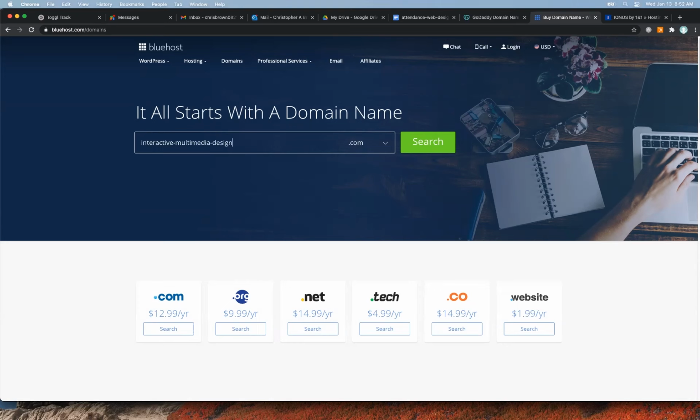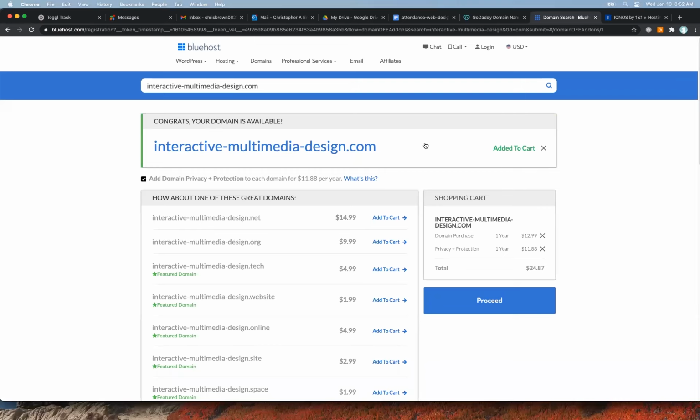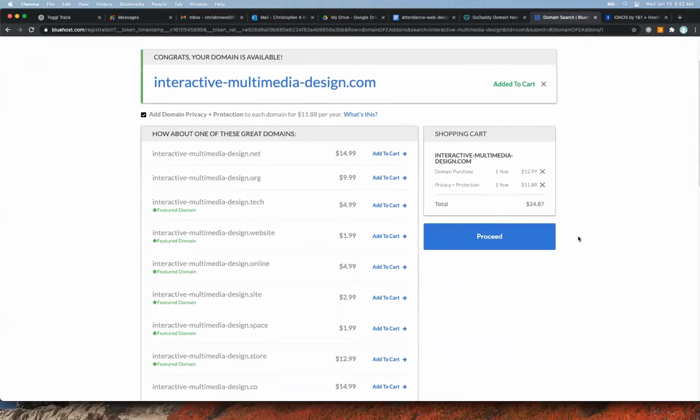Interactive multimedia design.com. See, this one already has the .com on there. You can choose different ones, but .com is really what we want. I'm going to search for that. And it's available. Amazing. That's great. And you can see that it would be